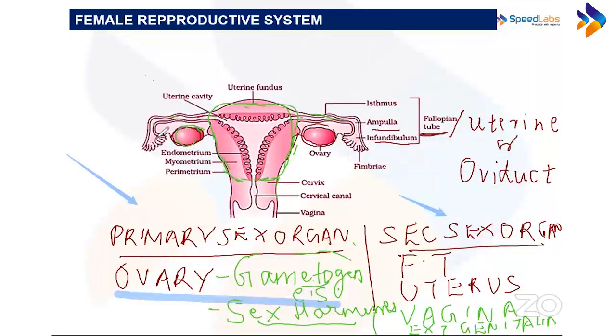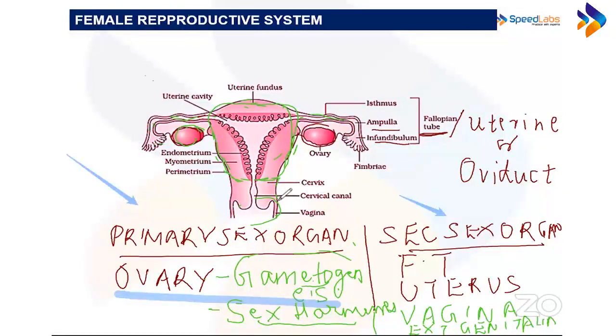So the oviduct, the uterus, then this is the vagina. Okay, so uterus के नीचे वाला portion is vagina, and then external genitalia है, ठीक है? Then external genitalia, vulva and all that comes in the external genitalia. So इसके बारे में बात करेंगे. So as of now, यहाँ तक what we have done is the female reproductive system is divided into the primary sex organ and the secondary sex organs.